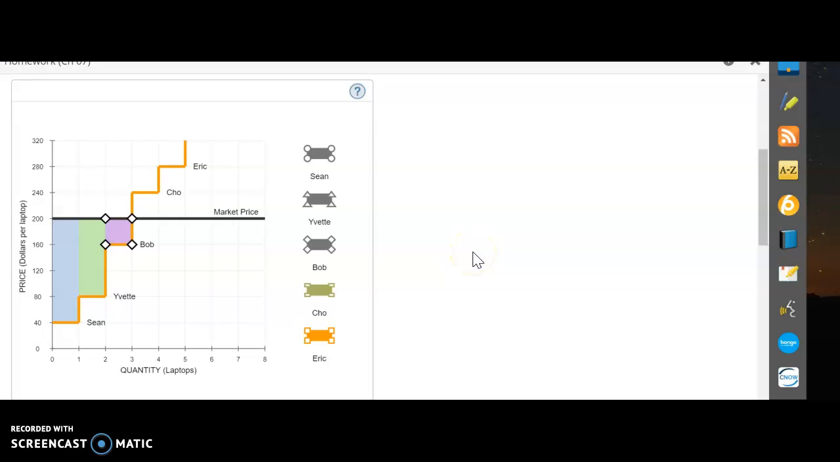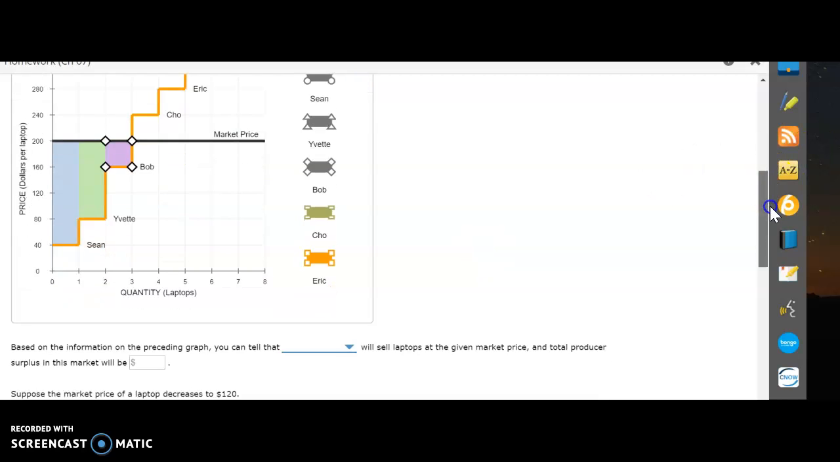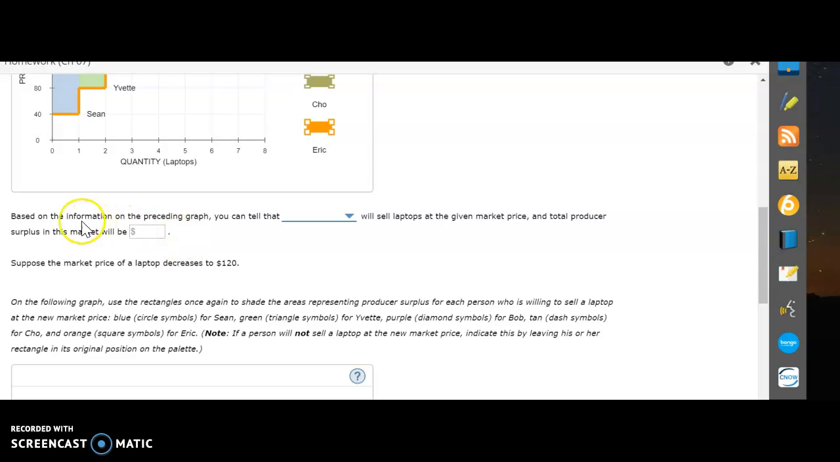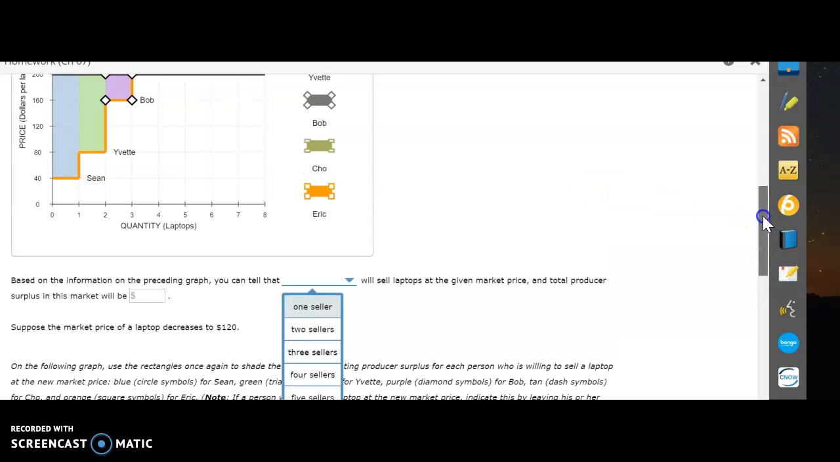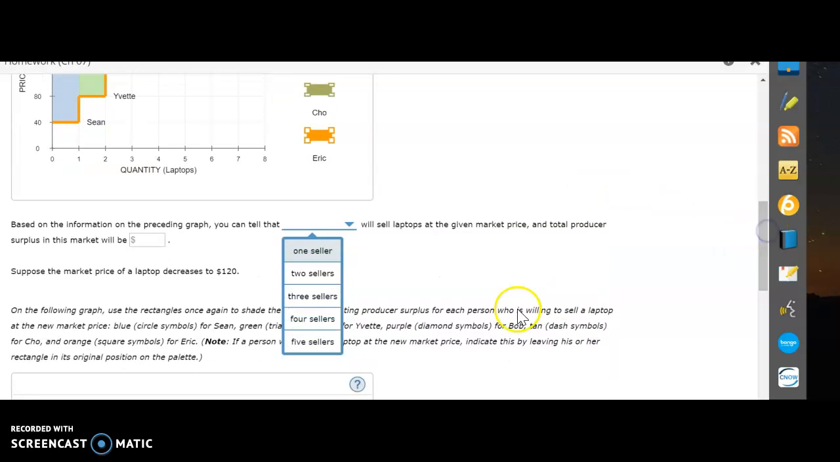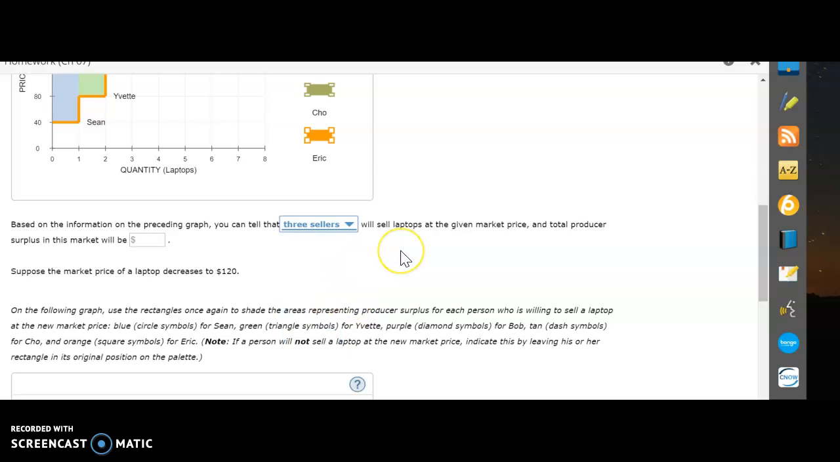We're not going to worry about Cho and Eric because they're out of the market. They have no producer surplus. I guess their producer surplus would be negative. So there we are. Based on the information on the preceding graph, you can tell that, well, what can we tell? We've got Sean, Yvette, and Bob, so we've got 3 sellers. We'll sell laptops at a given market price, and total producer surplus in this market will be, well, let's see,